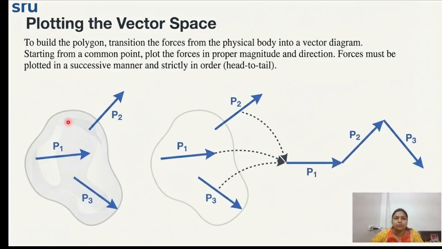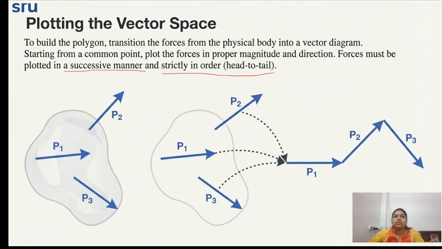So to build the polygon, transition the forces from the physical body into a vector diagram. Starting from a common point, since they are acting on the same body, plot the forces in proper magnitude and direction. Forces must be plotted in a successive manner and strictly in order, that is, head to